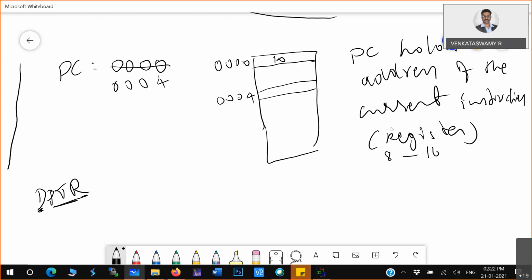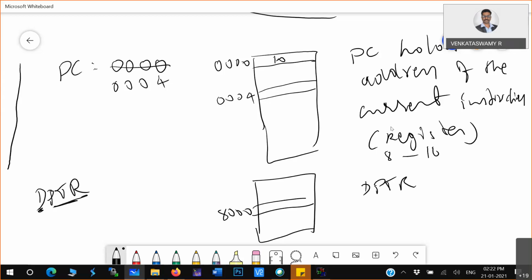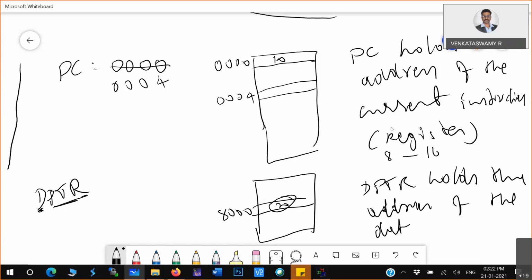For example, in a memory you may have some data at some memory location, and you want to take this particular data. Then you have to use the data pointer; you cannot use the address pointer to deal with this data. The data pointer always holds the address of the data location.